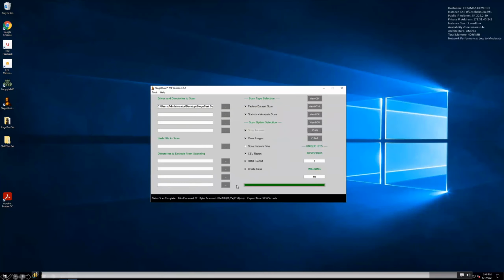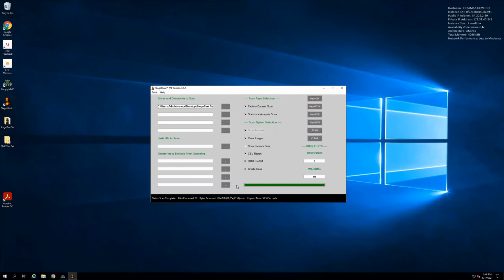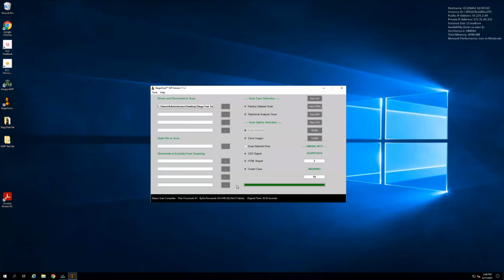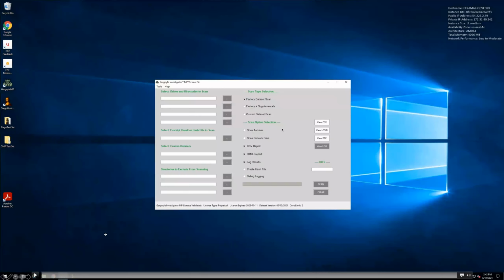where we processed 67 files, 28 megabytes, and then we did full extraction of some archive files as well, and processed the multimedia files that were contained within those archives. So that's a quick demo of Stego Hunt MP, of starting a scan there. Very quickly, Gargoyle MP,